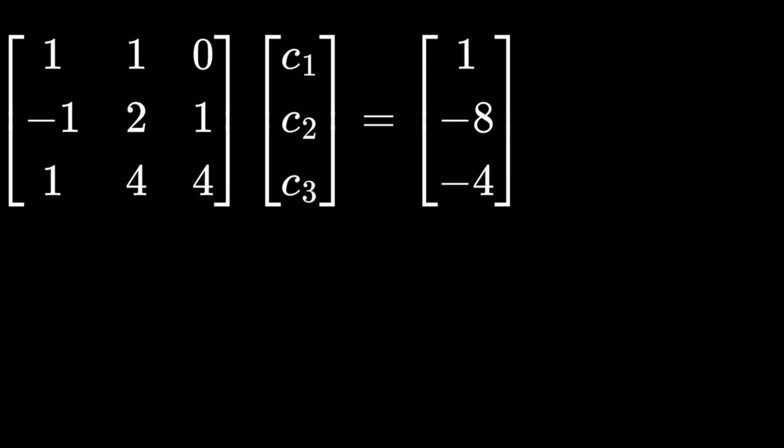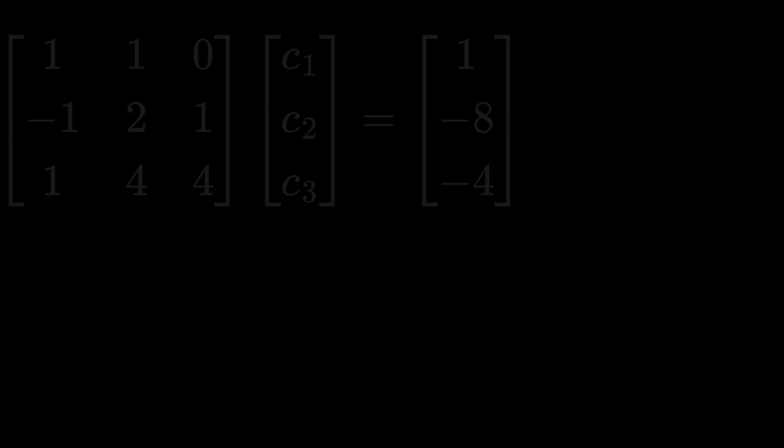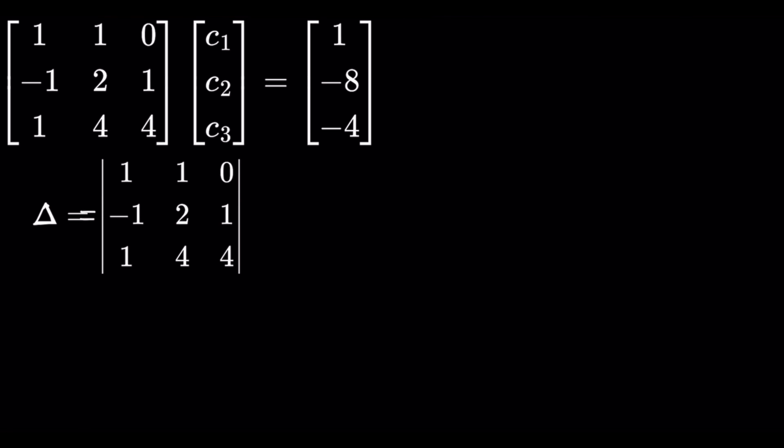Now, let's find the main determinant, which we call delta, represented like this. This is the determinant of the coefficient matrix, this one. Now, let's find the determinant using the cofactor expansion. So the determinant is equal to